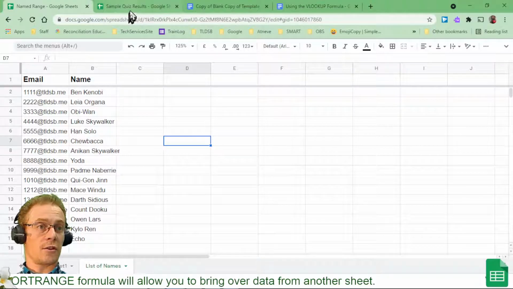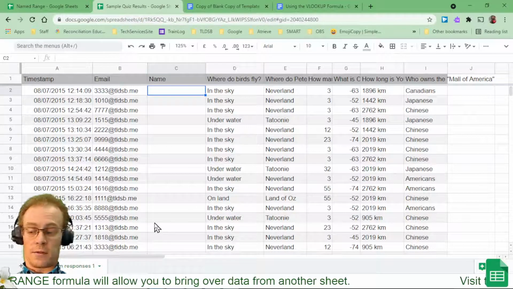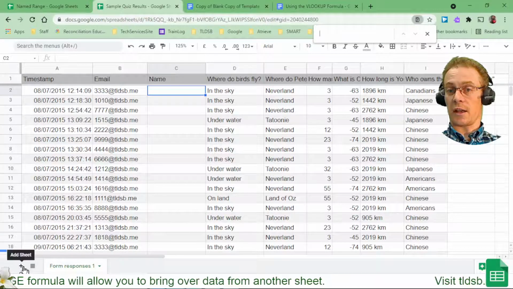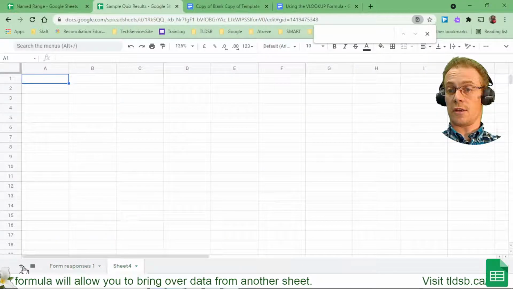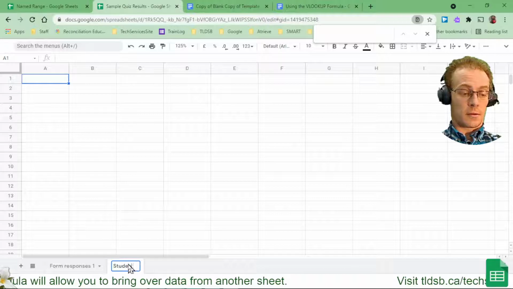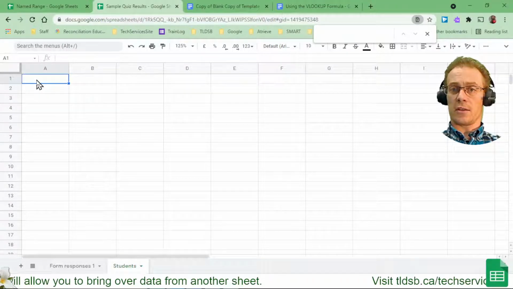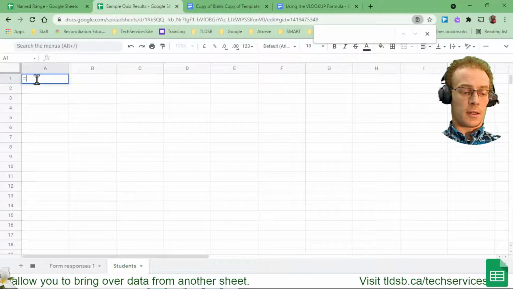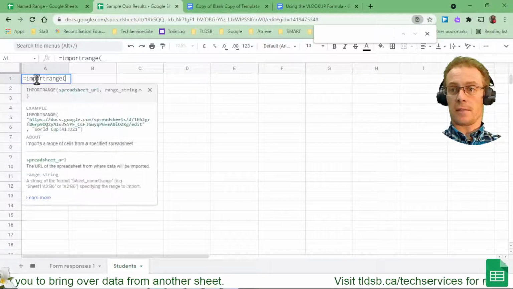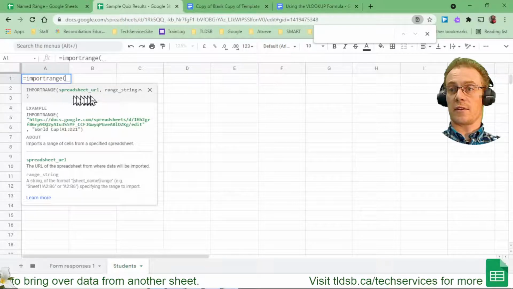So I'm going to come back to my quiz results for a moment. I'm going to make myself a new sheet. So down the lower corner here, we have a little plus symbol that I can use and hit that to add a new sheet. I'll maybe call that students. There we go. Now I want to import all of my students here. So I'm going to click on equals import range. Open the bracket, and it wants to know the spreadsheet URL, the actual address of the spreadsheet that I'm about